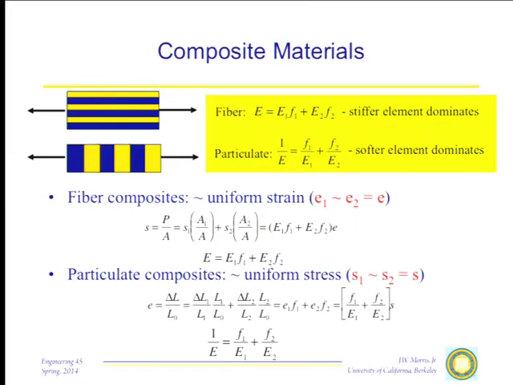Well, unfortunately, when I compute the modulus from that, I turn out not to average the modulus, but to average the reciprocal modulus. Now, averaging the modulus means that my performance is dominated by the high modulus phase. When I start averaging the reciprocal modulus, that means the modulus tends to be dominated by the low modulus phase. So from the perspective of getting isotropic properties and manufacturability and all that kind of stuff, this particulate composite is a much better choice. But from the perspective of getting the modulus up, it's not nearly as good as the